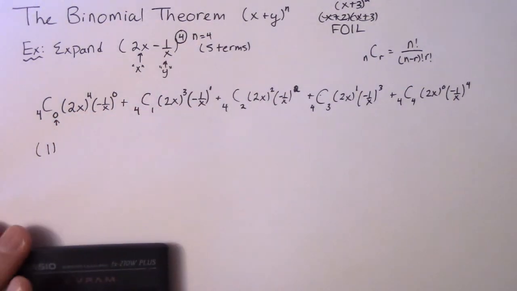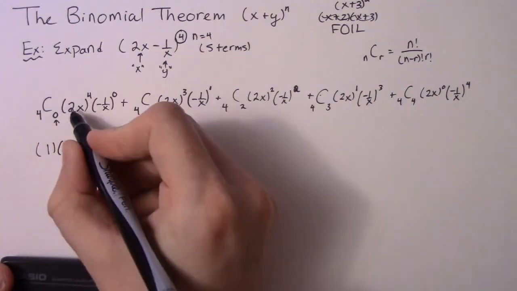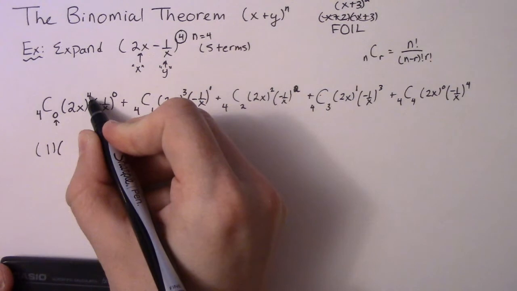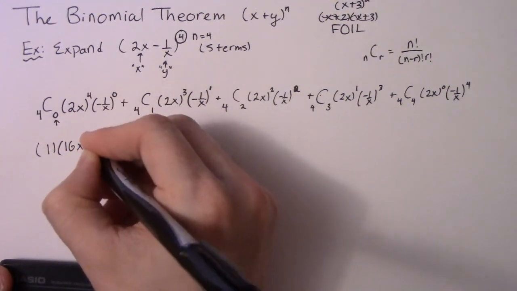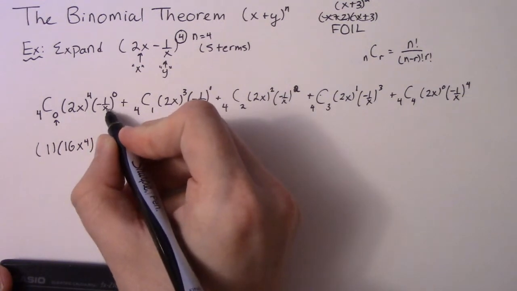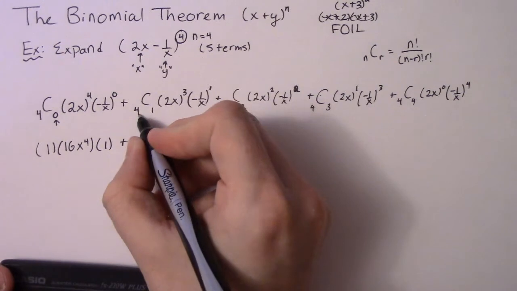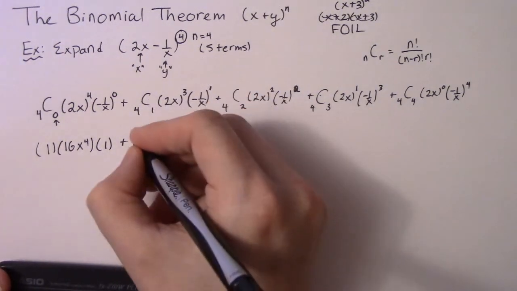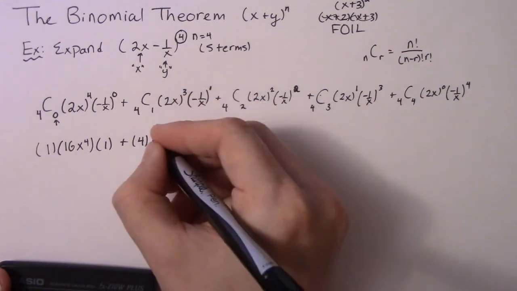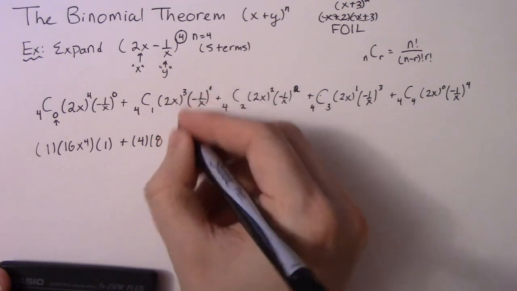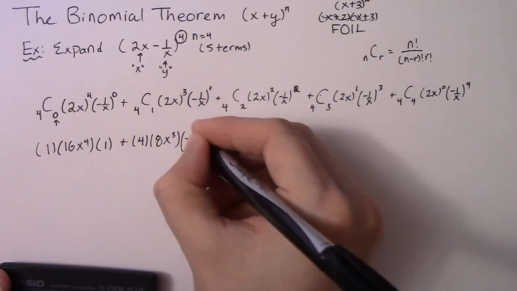And then all I have to do is put that number here. Isn't it lovely? Alright, so then I have to be careful with this next guy. So I have to go 2 to the 4, which is 16, and x to the 4, which is x to the 4. And then negative 1 over x to the 0 is just 1. Okay, so I might need to write that. Then 4 choose 1, so that's 4. And then 2 to the 3 is 8. x to the 3 is x to the 3. And then this guy is negative 1 over x